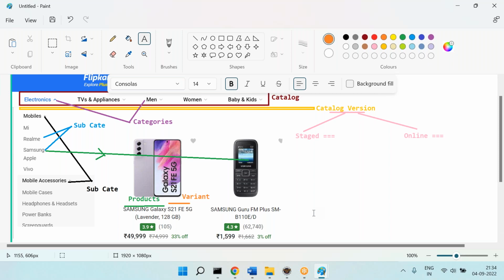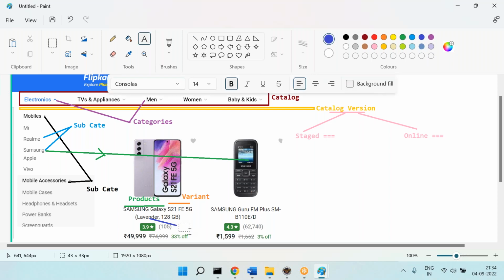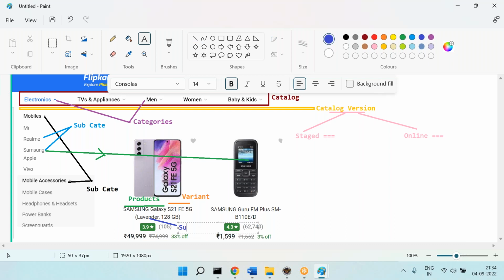Now within that variant, you have a white color, silver color. Within the white color, you have 120 GB, 250 GB, all these things. These are like a sub variant. Within that, one more sub variant, right? This is like a sub variant. And within that